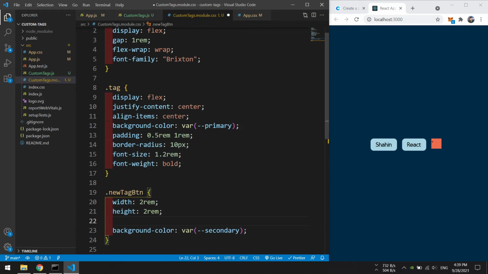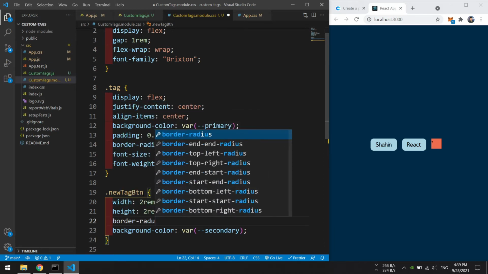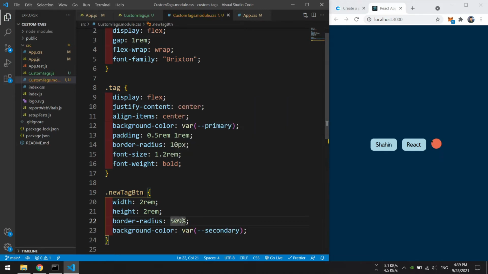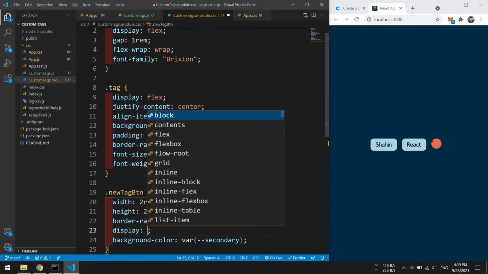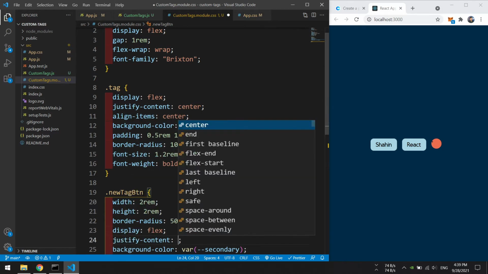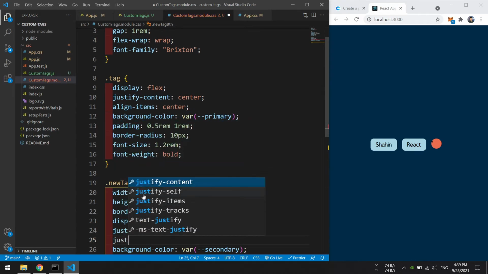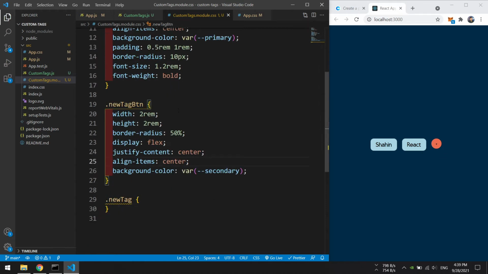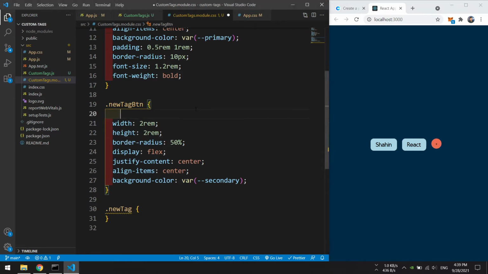To make it like a circle, we're going to give it a border radius of 50%, not 500, and change the display to flex, and justify content to center, and align content item to center, and it's right in the middle. To make it stand actually in the middle line here, it's stuck to the top. We're going to give it a margin of